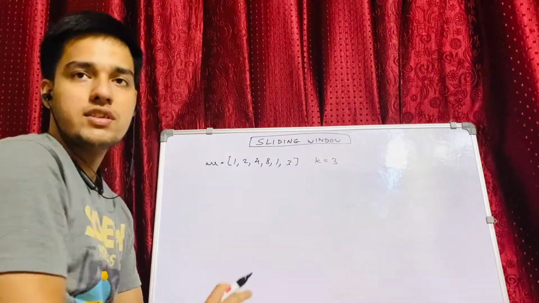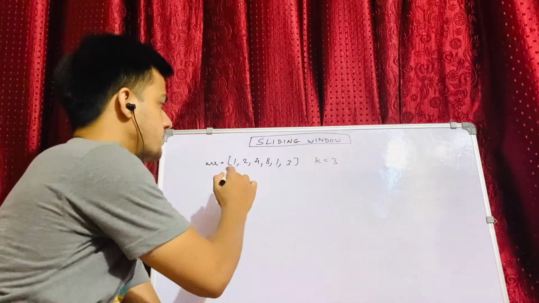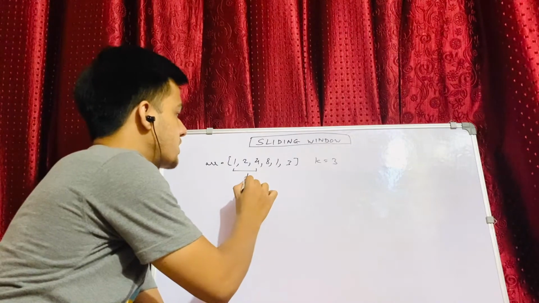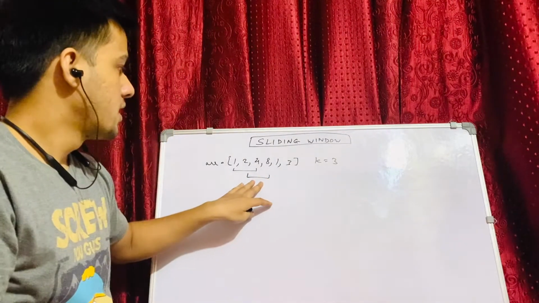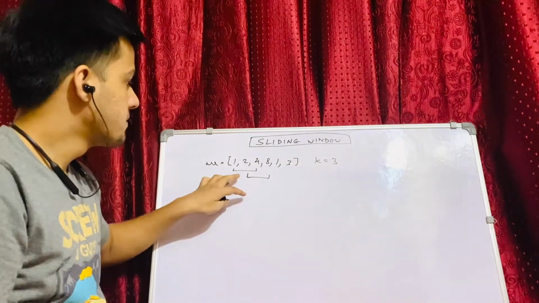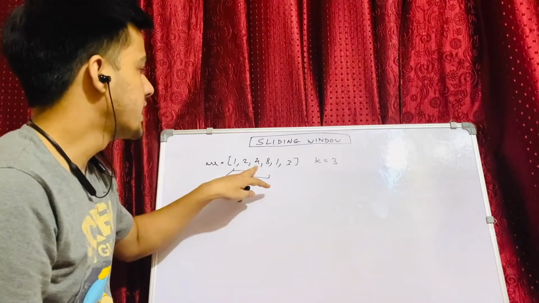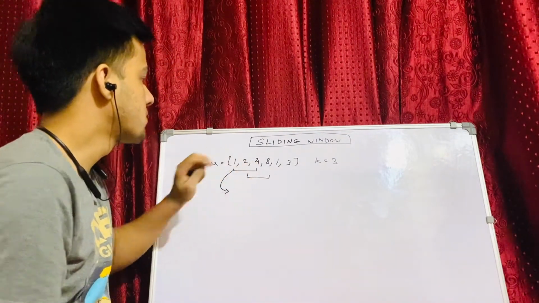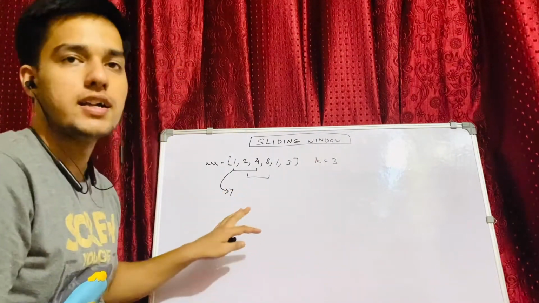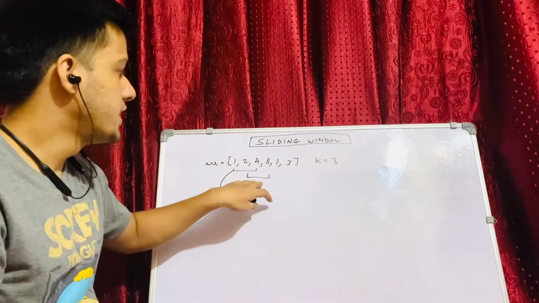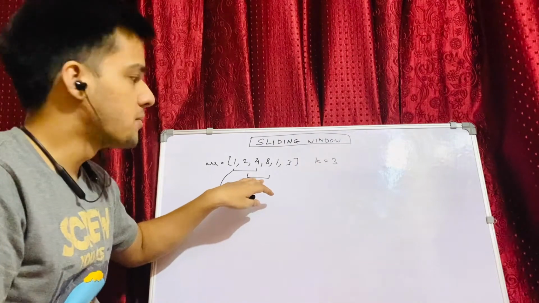Now let's look at how we can solve this problem using sliding window. When we were solving this problem using the naive approach, we saw that when we were moving from here to here, if you look carefully, let's suppose we found out that the sum of the first k elements, 4 plus 2 plus 1, is 7, right? Now I need to find the sum of the next k elements.